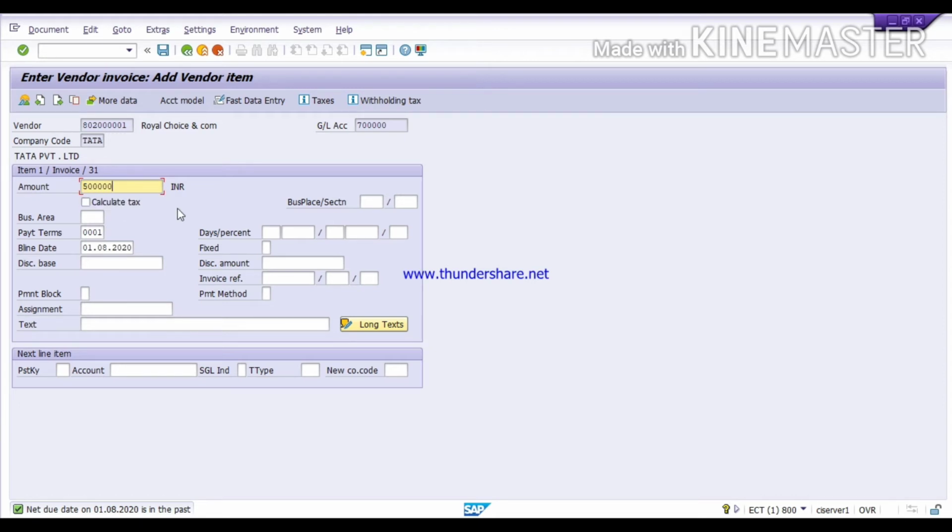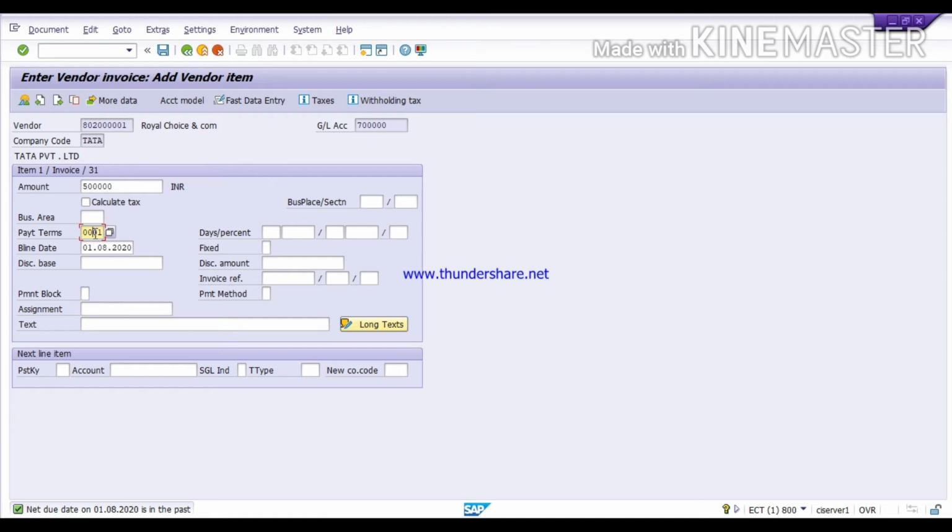If it is under the category of tax, here you can give the tax category, and then you can mention here the business place or section code as per your company. Then here the payment term is selected 0001, which means immediate payment.